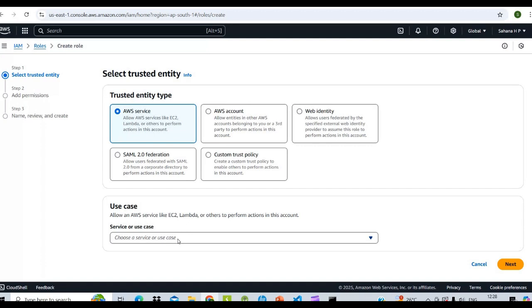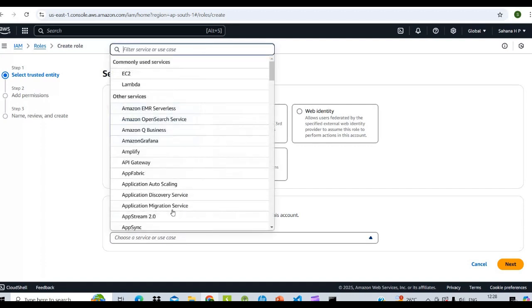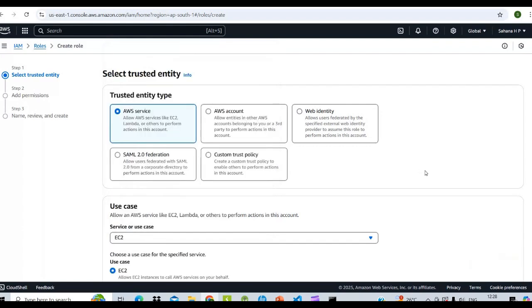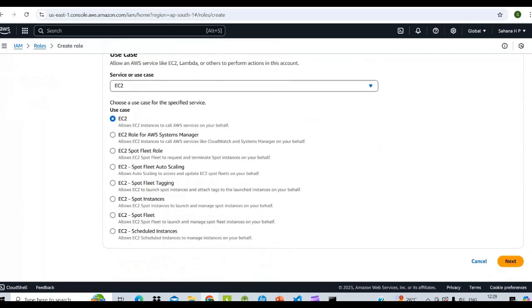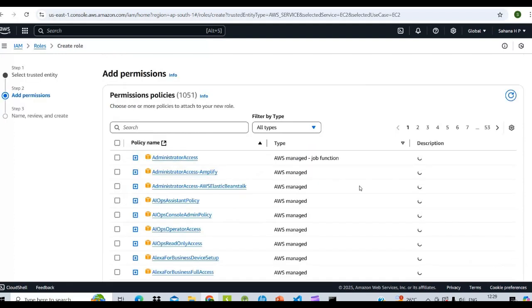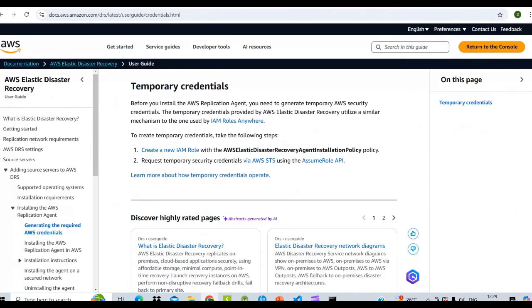Go with AWS service, and for the use case we need to select EC2, because we are using the instance and we need to create the Elastic Disaster Recovery, right? That's why we are selecting EC2. Click on next, and here we need to select the policies. Here we can see it's mentioned AWS Elastic Disaster Recovery Agent installation policy.